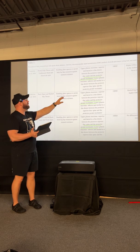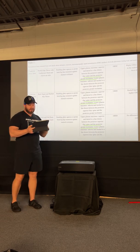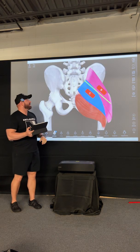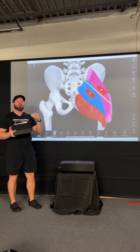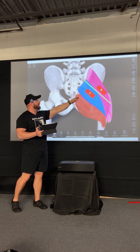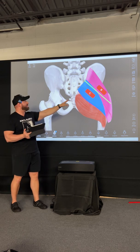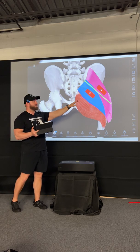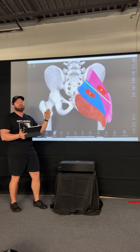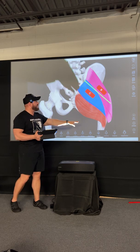Okay? If we look at the three studies by Brett Contreras referenced in here that separated the upper and lower glutes, he qualifies that as superior to the iliac spine and the posterior greater trochanter. So now we're looking at something like a line like this coming through there. And then for his upper and lower glutes, he's looking at superior and lateral and inferior and medial of the line. So by looking through the papers, this is my estimation of how those sensors were placed. But as you can see, both of those sensors are still placed on the part of the glute that would be biased towards having more of an abduction quality to its motions,